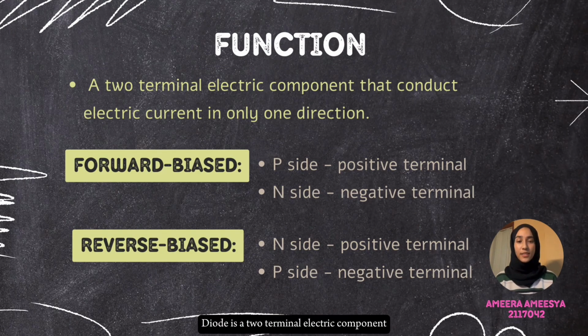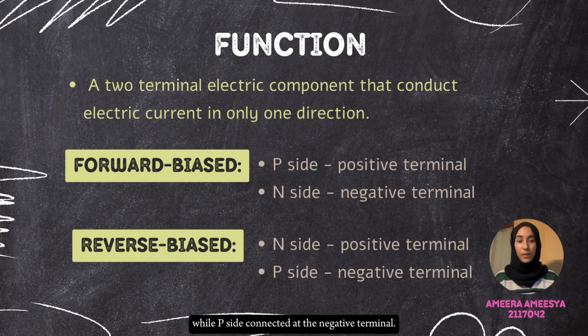Function. A diode is a two-terminal electric component that conducts electric current in only one direction. It is a two-terminal device normally formed by fusing P and N-type semiconductor material, each having majority and minority carriers. It has two conditions, which are forward bias and reverse bias. Forward bias is when the P-type is connected at the positive terminal and the N-type is connected at the negative terminal. It is vice versa for reverse bias, where the N side is connected at the positive terminal, while the P side is connected